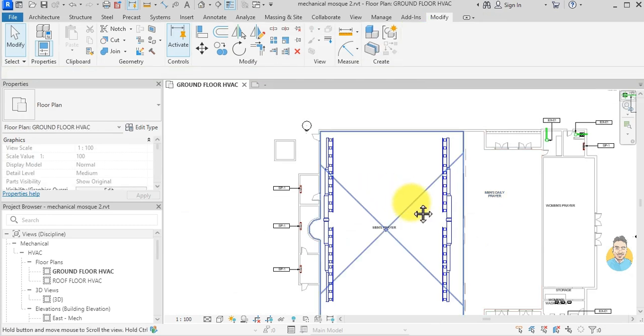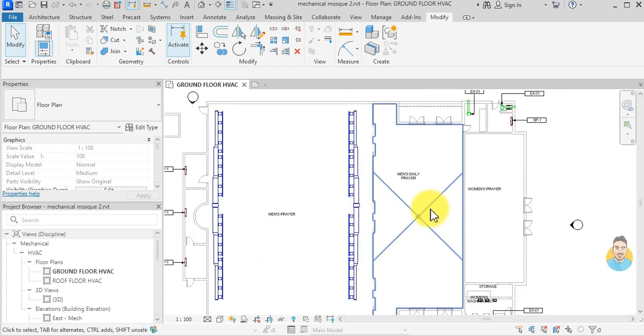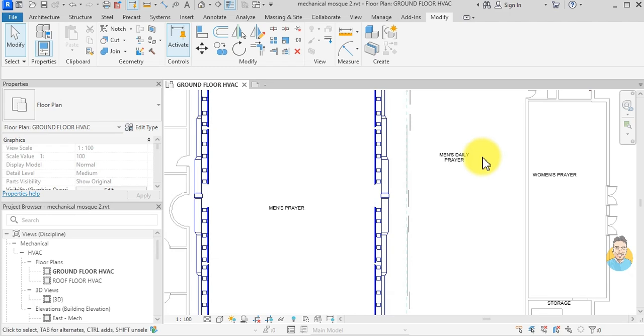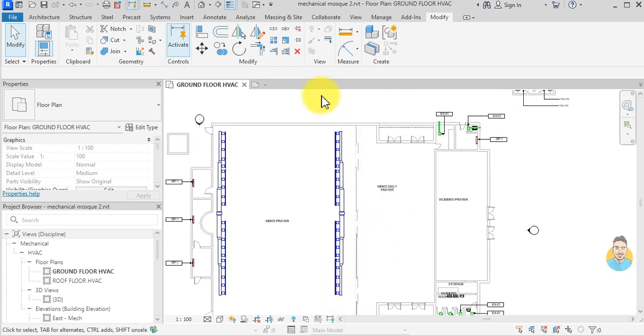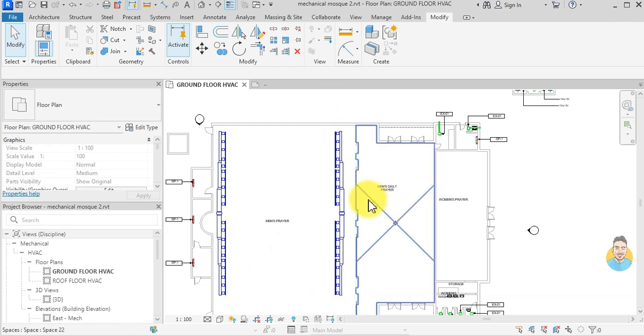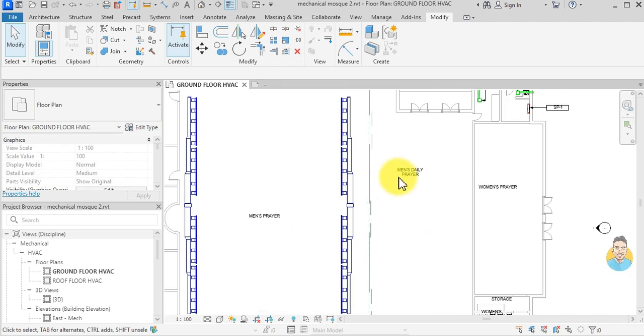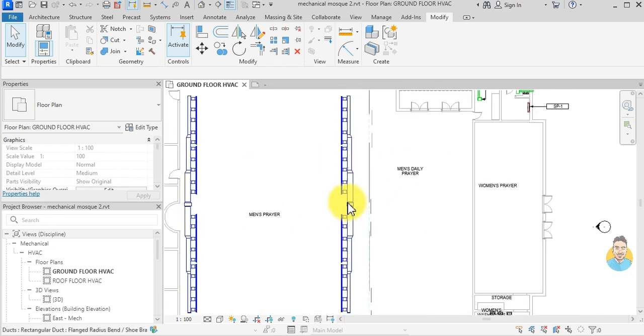Next step is I want to create air conditioning for men's daily prayer and women's prayer. For men's daily prayer, I want to put the same air handling unit, like the rooftop air handling unit, like this one. For men's prayer, I will put 2 fan coil units. So I can just go to